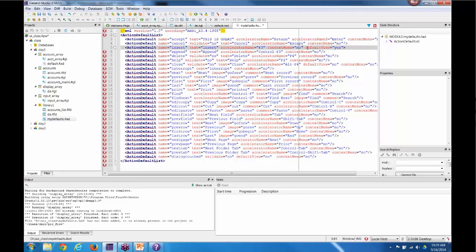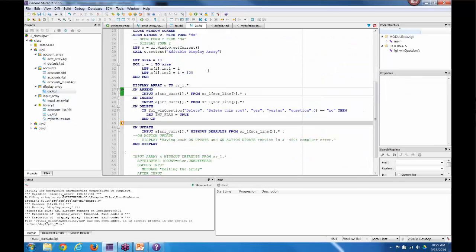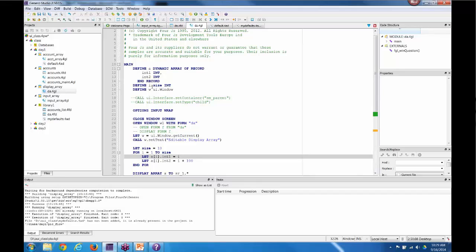Boy, I'm introducing errors all over the place. So there we go. Needing to do correct XML, of course, is important. I've got my stuff defined here. It's called my defaults. Let me go into my program. In order for me to get this to be used inside of my main module, I'm going to want to set